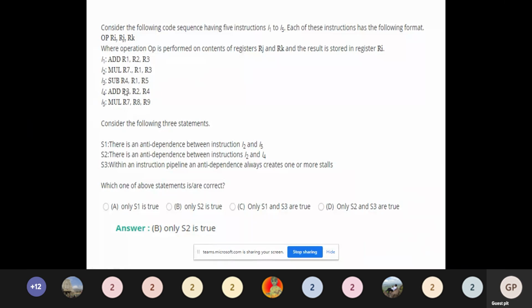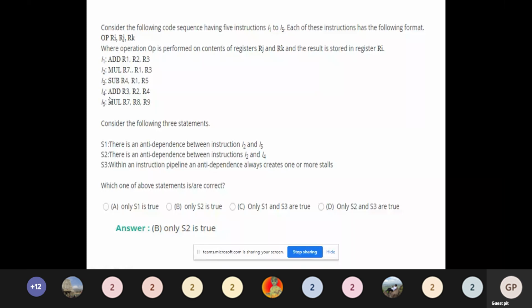Then subtract R4, R1, R5: the first result R1 and the R5 value are subtracted, and the result is stored in R4. Now add R3, R2, R4: R2 and R4 values are added, and the result is stored in R3.